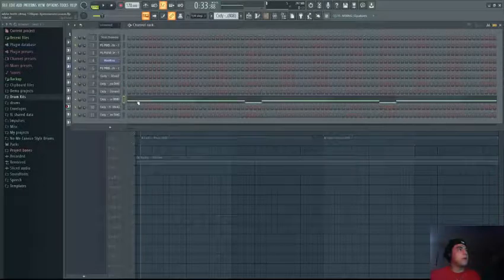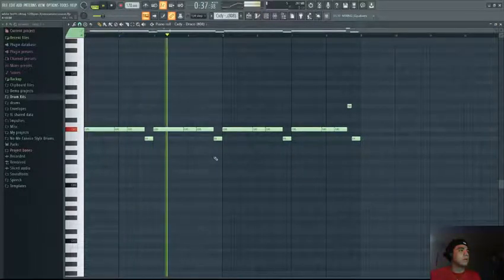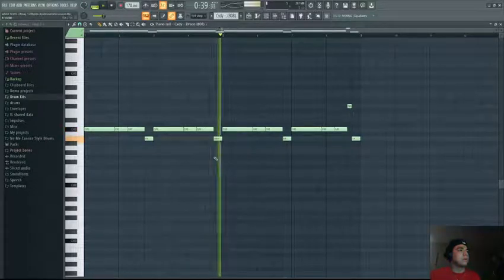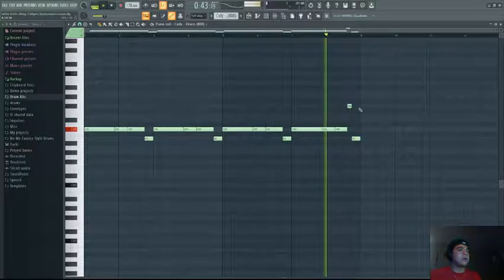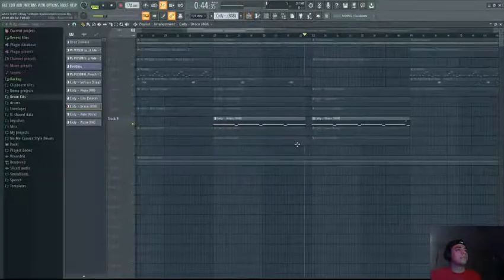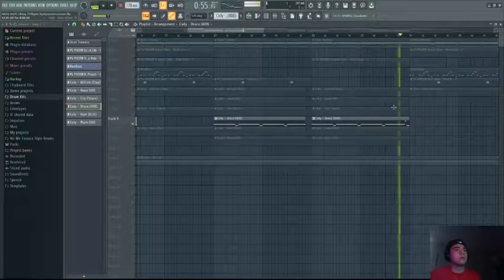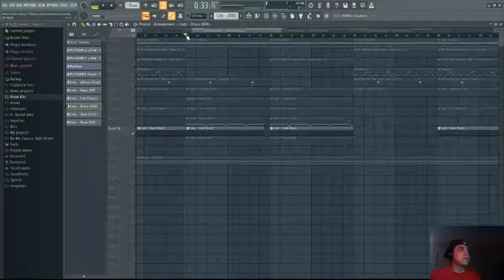But yeah, 808 pattern was really basic. And right here I just added that other note. So, oh, but I cut it. So yeah, that's it. Next thing that I did is I grabbed a kick,